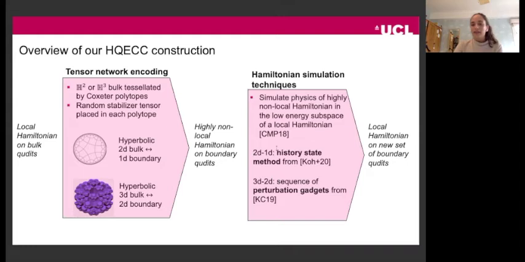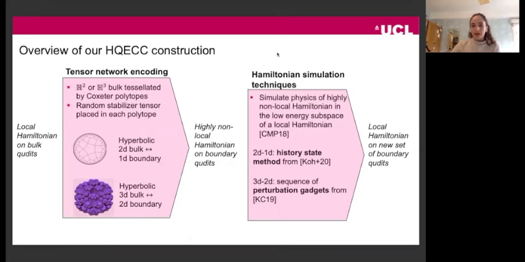And in the 1D boundary case, again, using the history state method from the paper she touched on. And this lets us go from highly non-local Hamiltonians on boundary qubits to a local Hamiltonian on a new set of boundary qubits. And just as in Tamara's earlier work, the reverse direction map is also defined. So it's got a bidirectional duality. And this completes the description of the